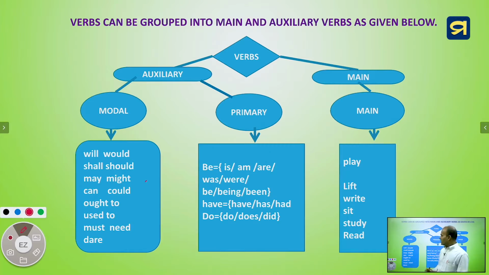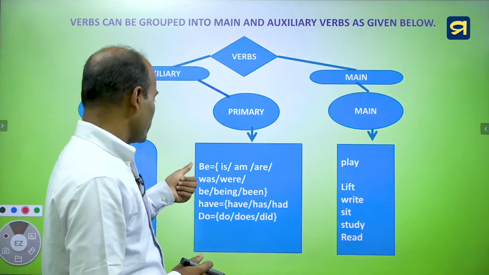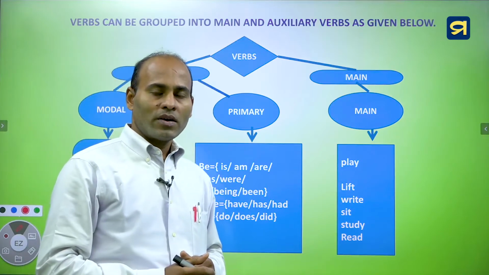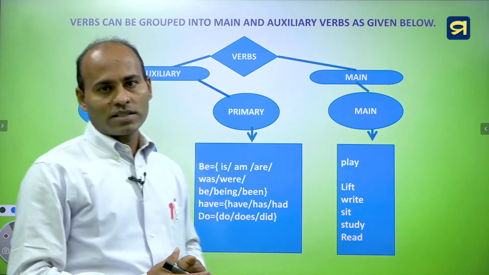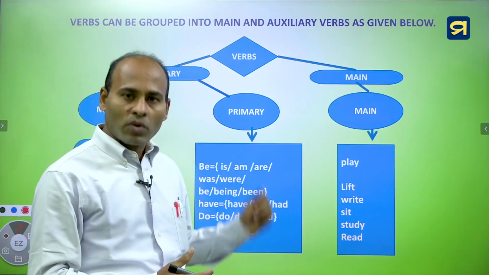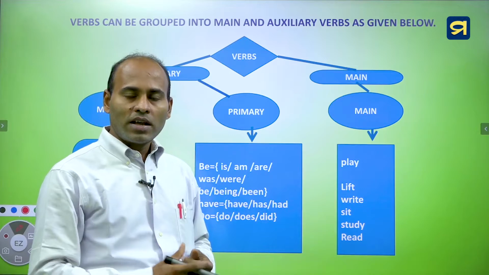Clear? These are all 13 in numbers. Again, let's have knowledge about the primary auxiliaries. Primary auxiliaries, these are be, have, and do. Why are these called primary auxiliaries? Because they can stand on their own as main verbs, and sometimes,